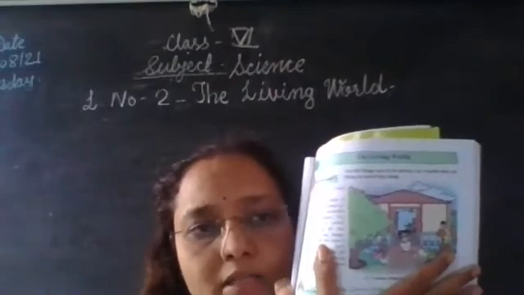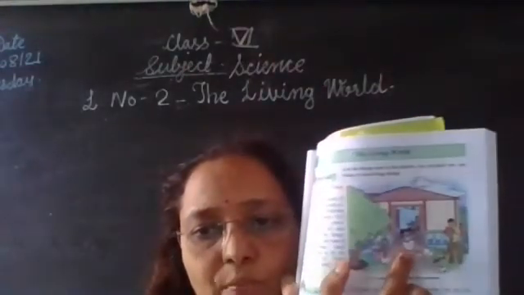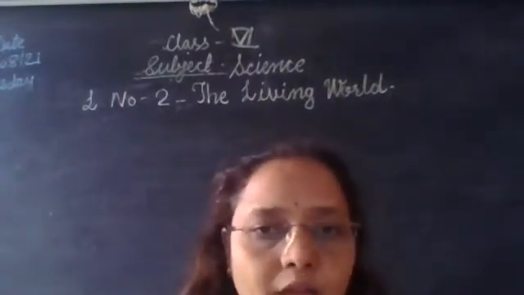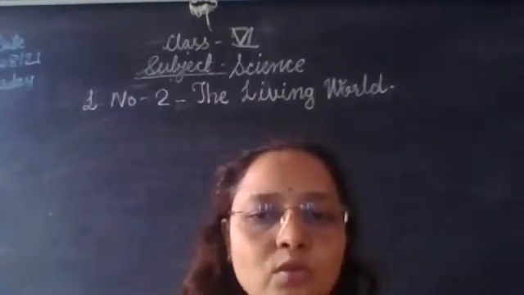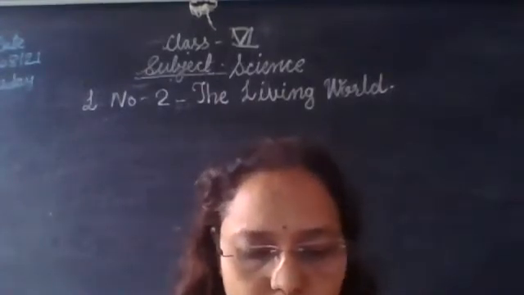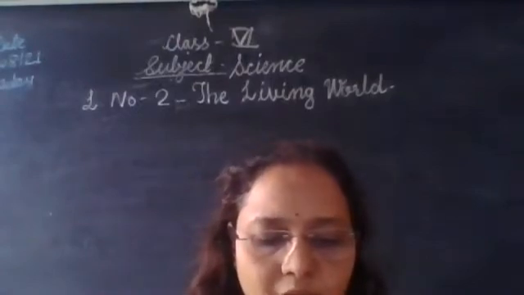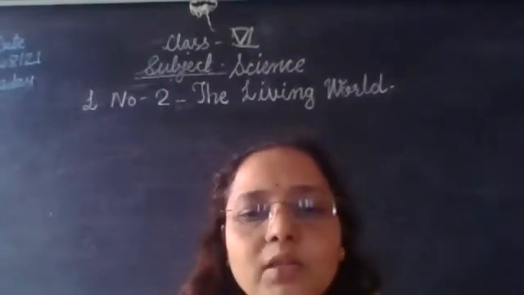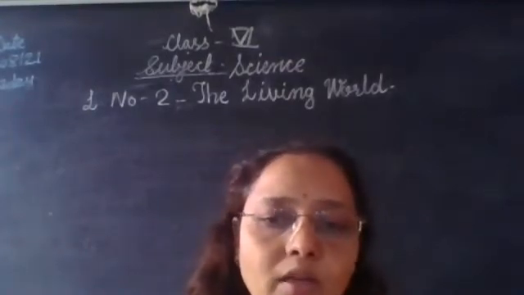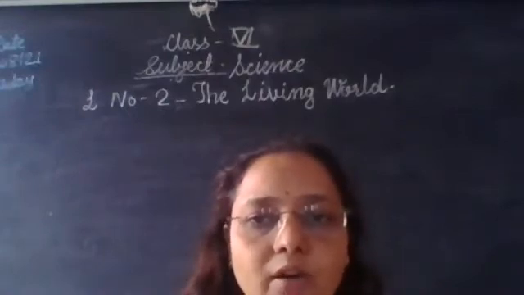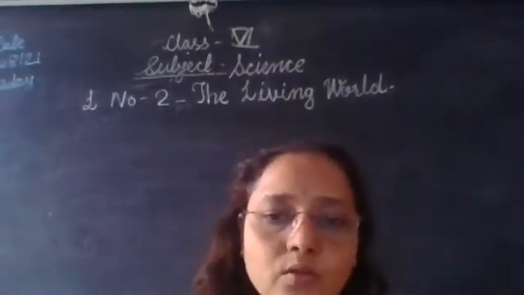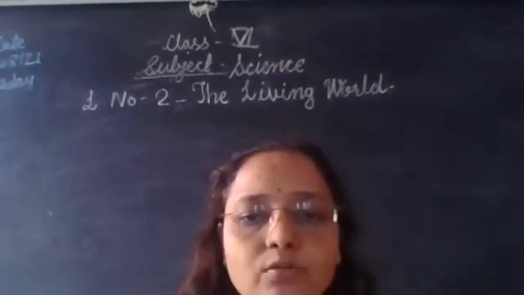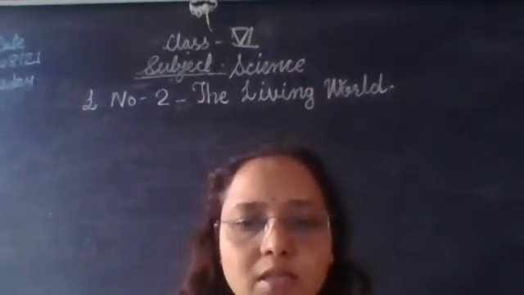The boy and the girl are different from the house and the dustbin. So these are various things we see in our environment, and they are different from each other. Such differences mean that some things are living things and some are non-living things present in our world. They have special characteristic features. Now we are going to learn about living things in this lesson.